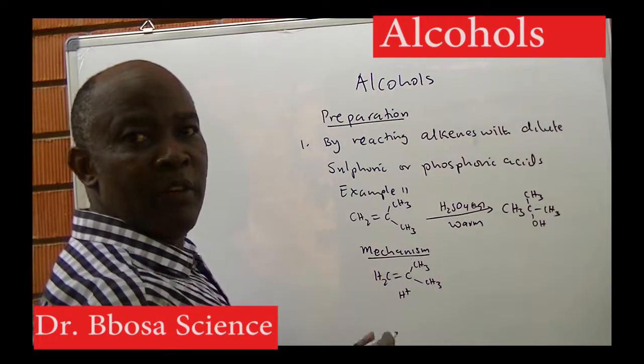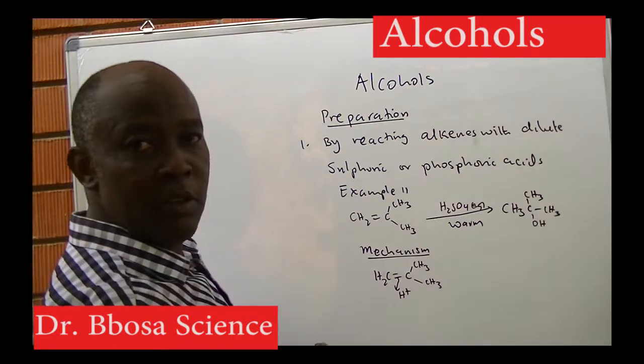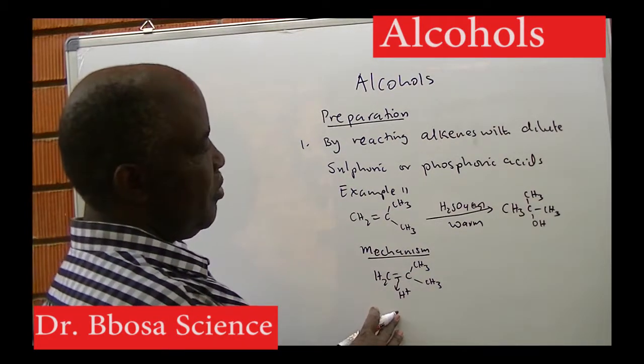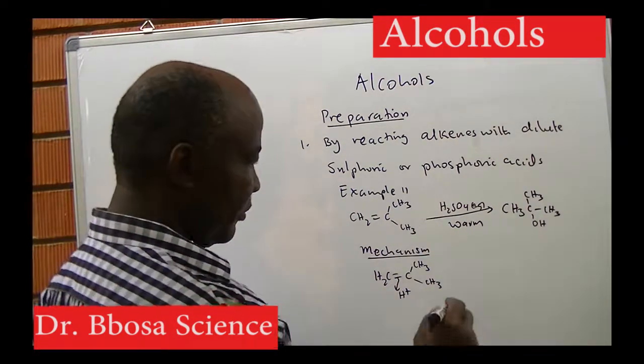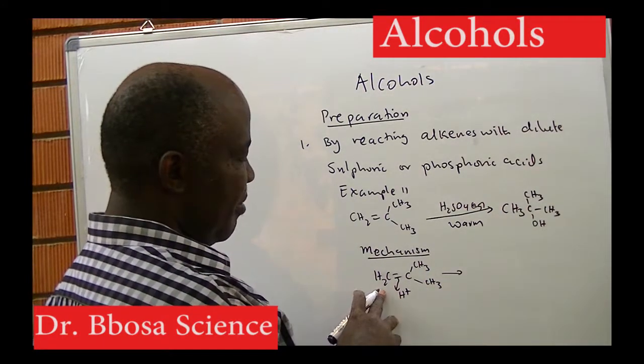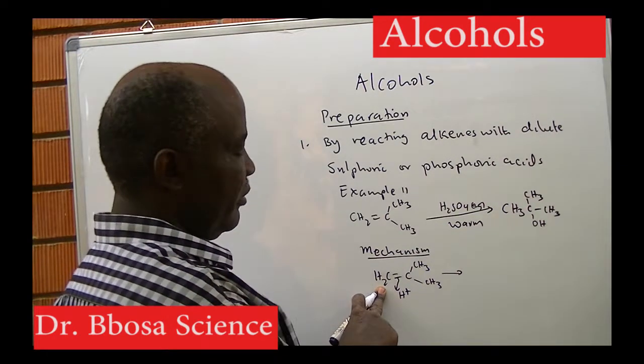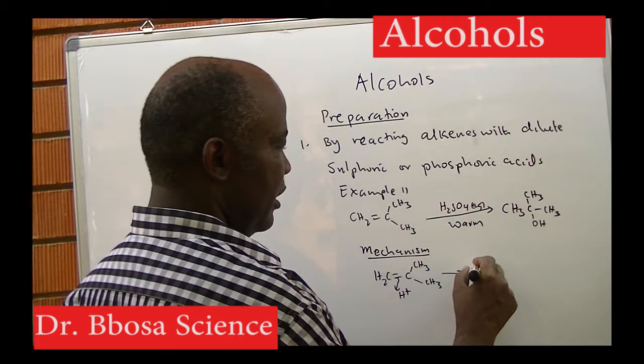One of the bonds of the double bond breaks and a pair of electrons is donated to a proton from sulfuric acid. The hydrogen ion goes to the carbon atom with the highest number of hydrogen atoms. So you get